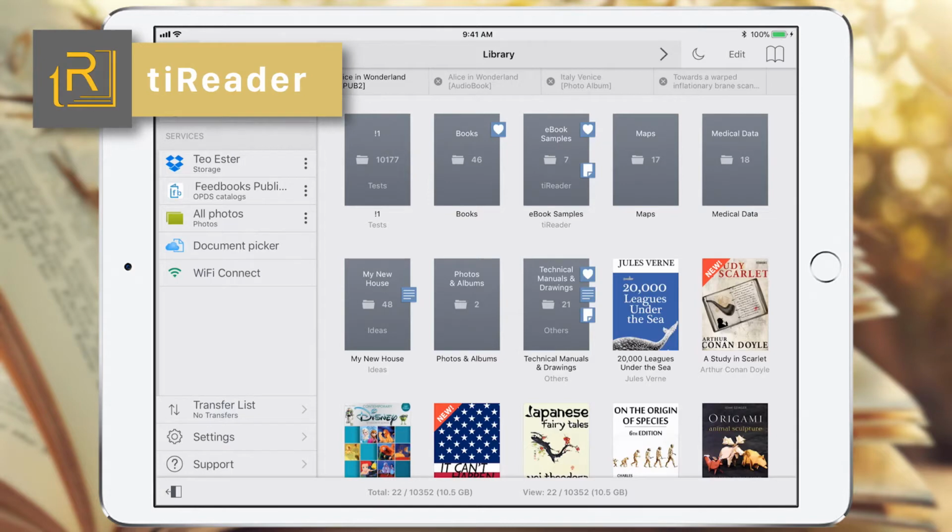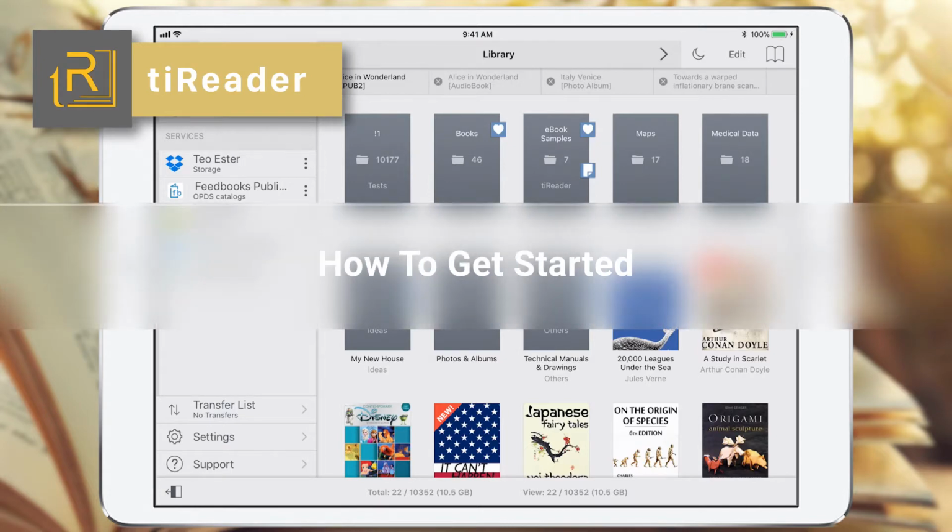Welcome to T-Reader. This is the second video tutorial in the series How to Get Started with T-Reader, and it focuses on comfortable reading. Here we'll talk about the reading mode, including the tools for ebook navigating, working with the context menu, managing bookmarks and annotations, and about setting up styles, formats, color themes and overlays also.